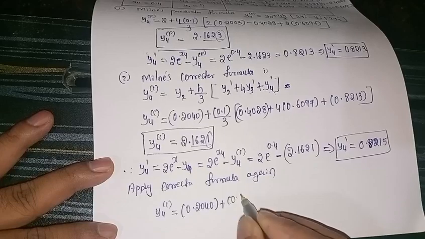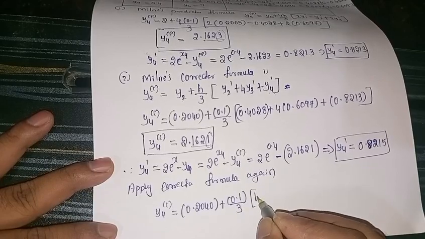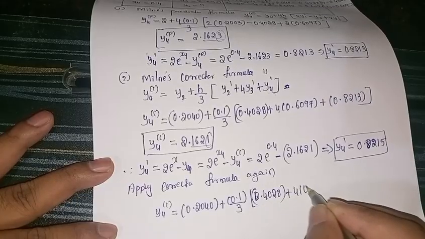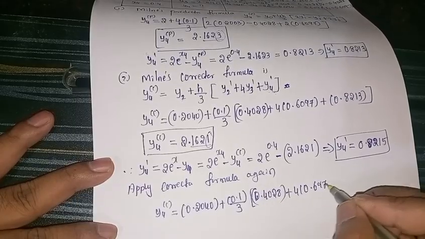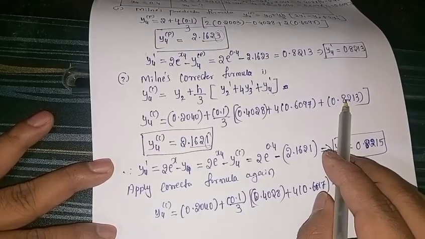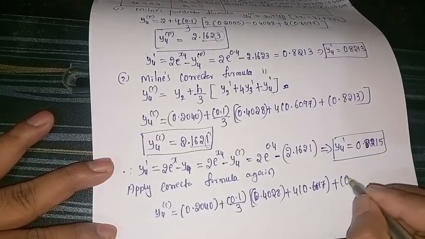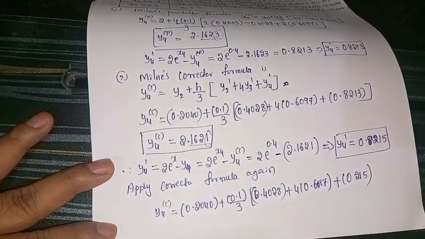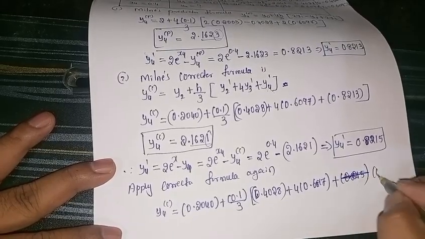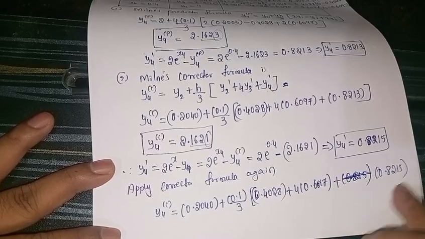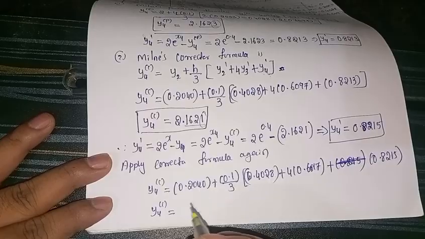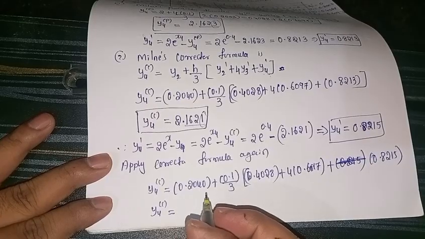0.2040 plus 0.1 by 3, then 0.4028 plus 4 into 0.6097 plus, instead of this 0.8213 we have to write this, that is 0.8215. This value we have to replace. So after this we will have the corrector formula. The second time the answer is what we will get,